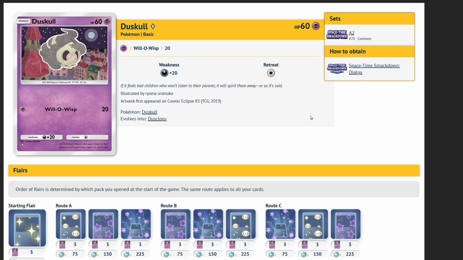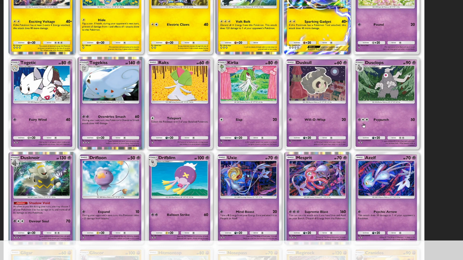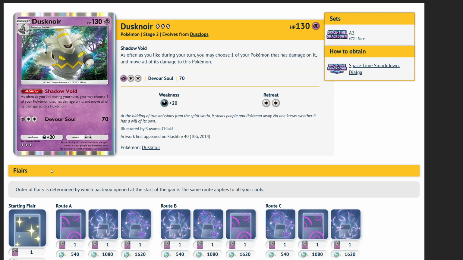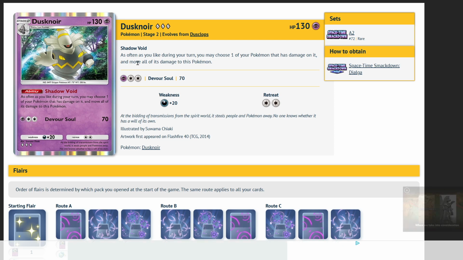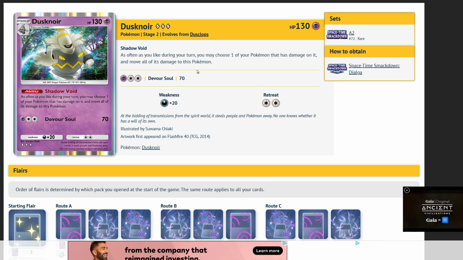Ooh, Drifblim. Dude, Dark is actually pretty dangerous, especially in Pokemon TCG Live. He's like straight the Dark Snore and all that stuff. Meta crazy over there. As often as you like during your turn, you may choose one of your opponent's Pokemon that has damage on it and move all of its damage to this Pokemon. Ooh, during your turn, you may choose one of your Pokemon. Wow,